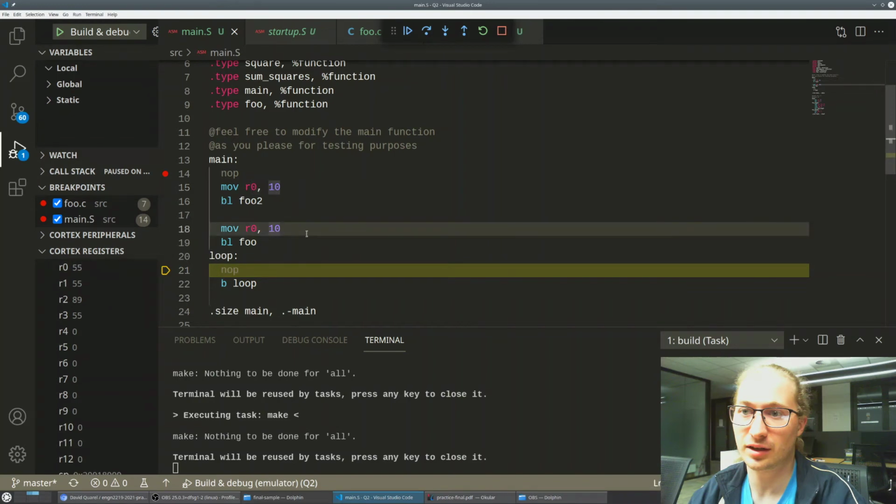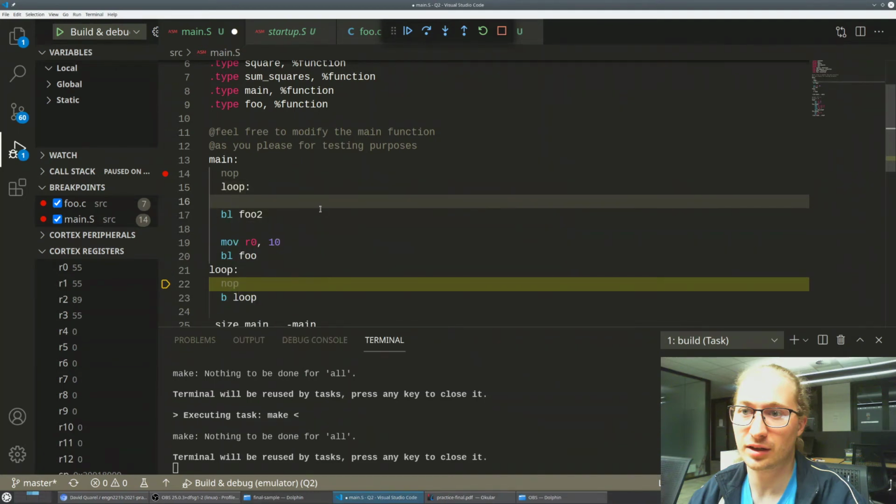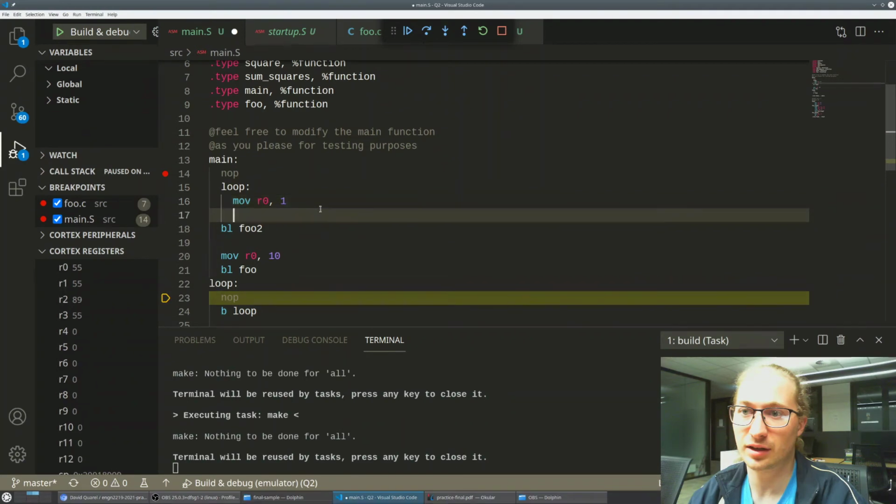So that should give me at least some confidence that I've correctly converted the assembly to C, because they at least seem to match for a single input. If you wanted to be a bit more rigorous, you could write a loop in main and just test that they match for a bunch of inputs. So you could very easily have some sort of loop. So loop: mov R0, 1, BL foo,